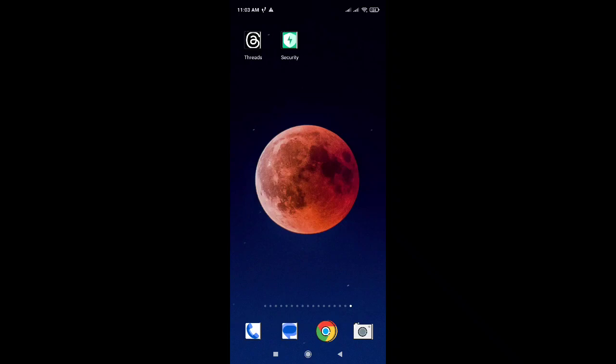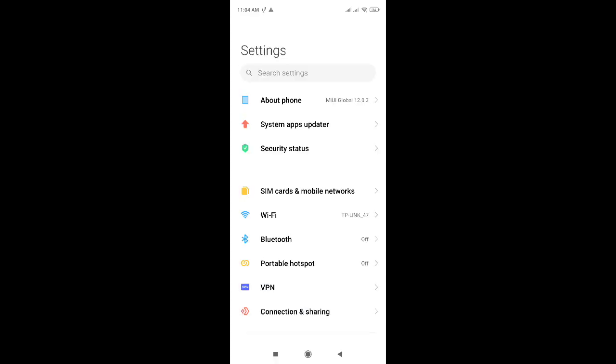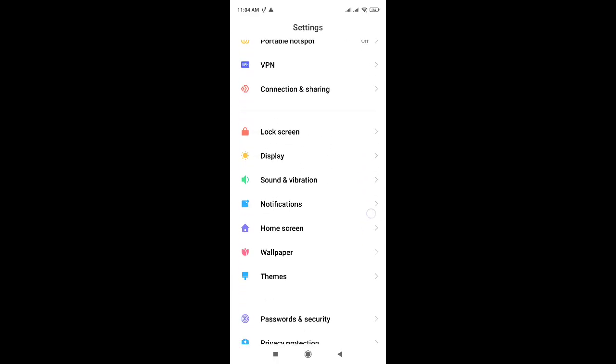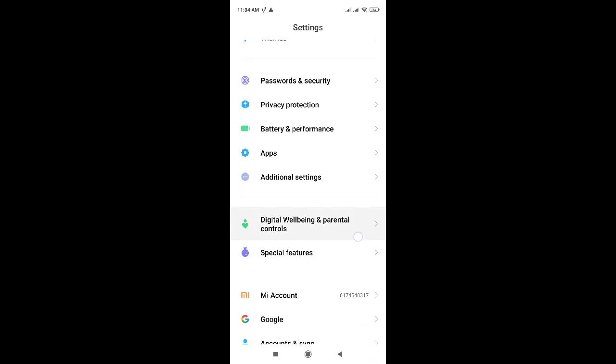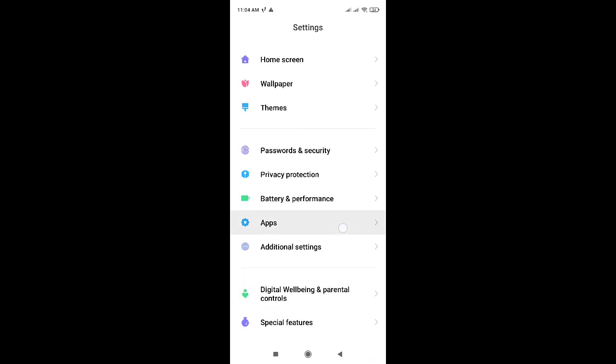In this video I want to show you how to restore app preferences in Xiaomi Redmi Note 10. First you need to open the settings in your phone and then scroll down and find the apps. Click on it,